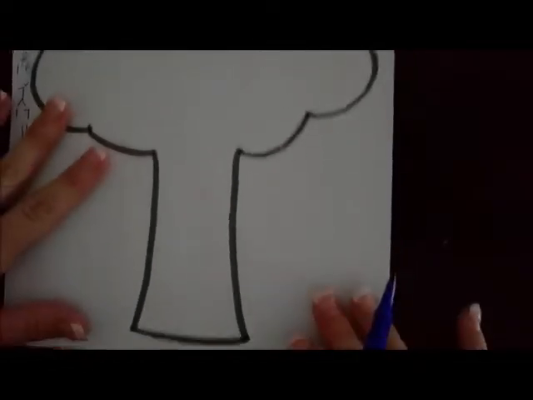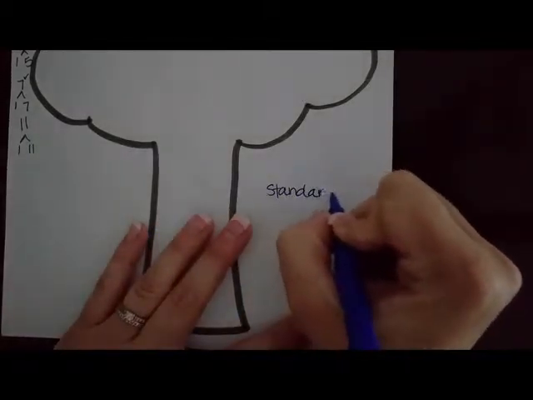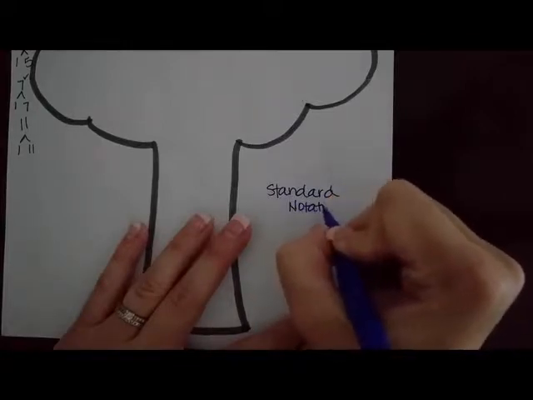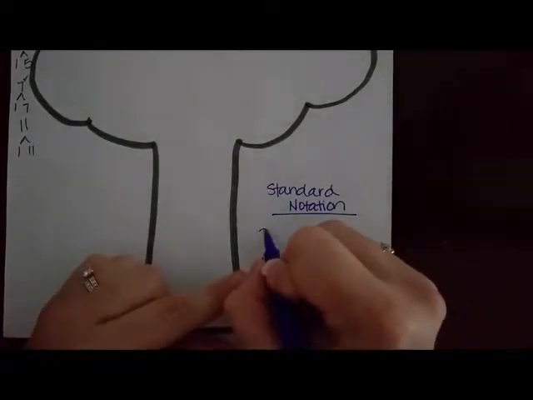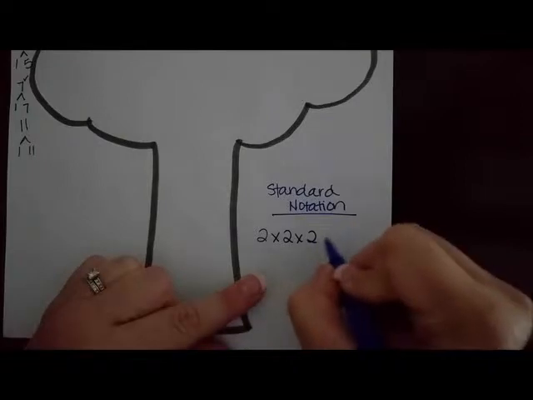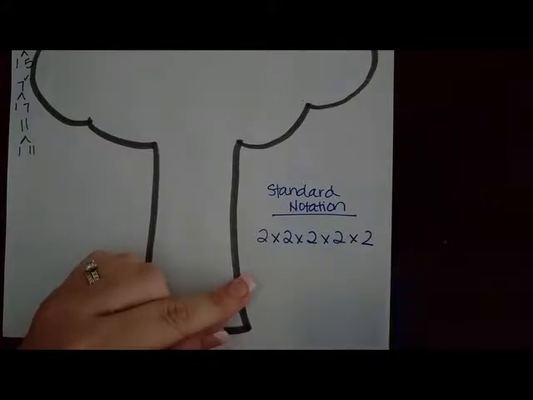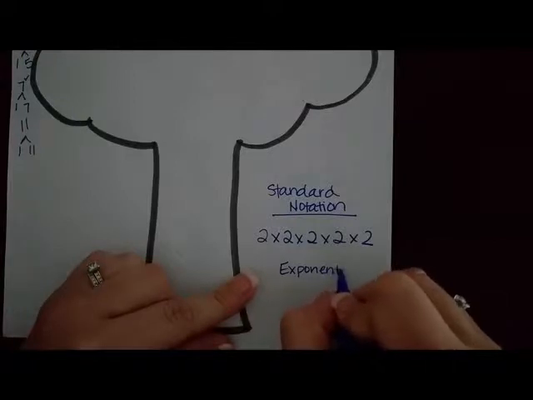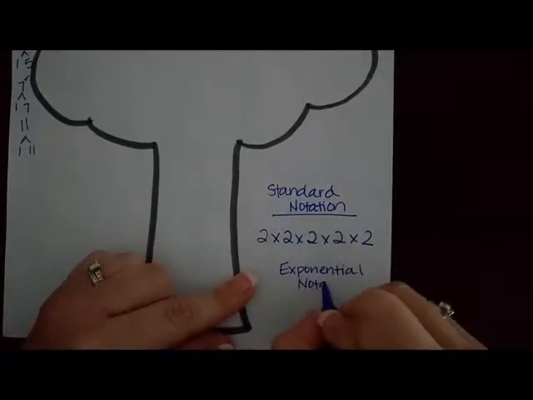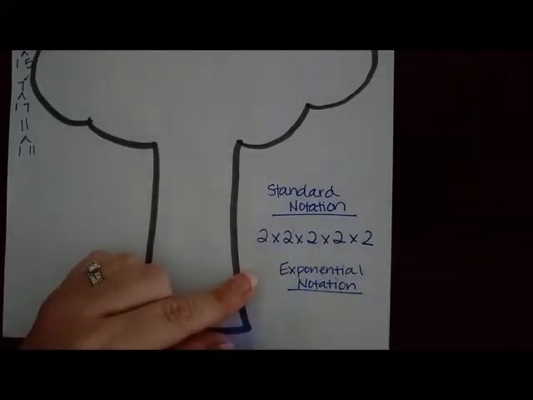Before we do examples, let's come down here to the bottom and let's see what we call standard notation. For instance, 2 times 2 times 2 times 2 times 2. That's standard notation, okay? It's written out. If I wanted to write this in exponential notation, simply meaning with an exponent, if I wanted to write the standard form using an exponent,